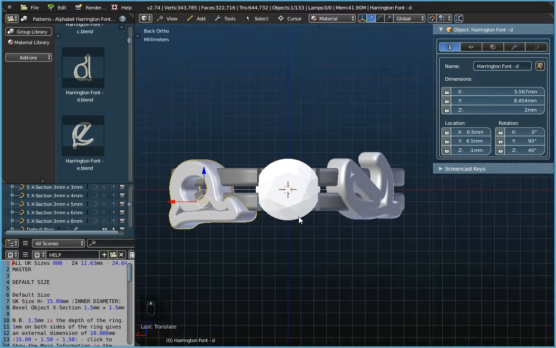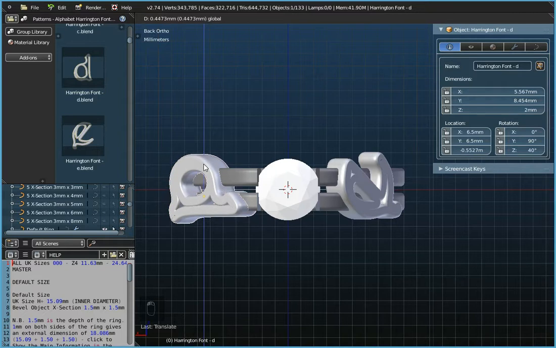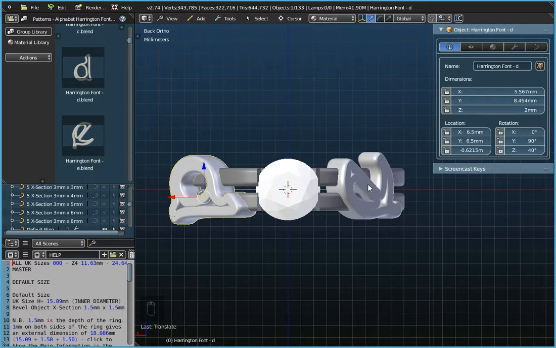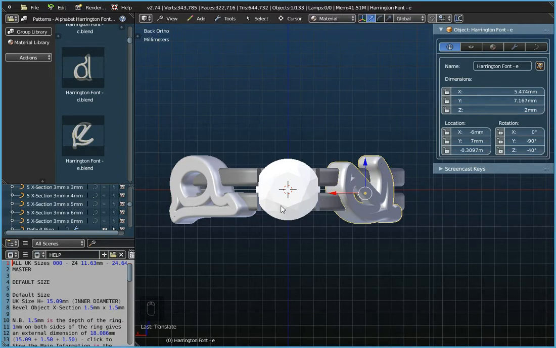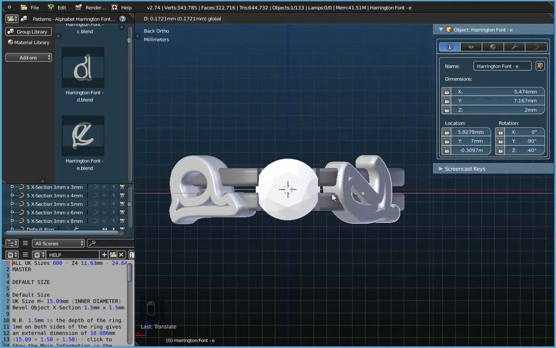Actually, we probably do need to switch the snap off here just to line this up with both of them so that they are similar. So there's a similar gap at the top there and there. Am I happy with the height of that? Well, I could move this there